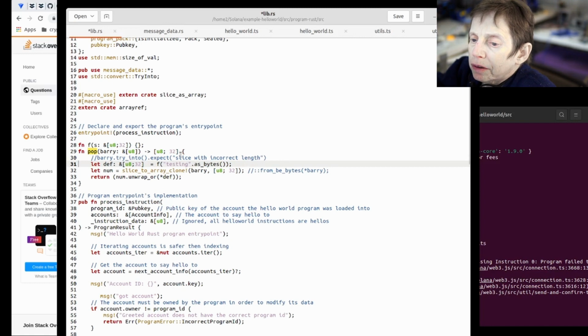And because this was not necessarily 32 bytes, I would run into an error. They call it a panic. Panic is sort of the program doesn't know what to do. So I've been trying various things to try to tell it, okay,